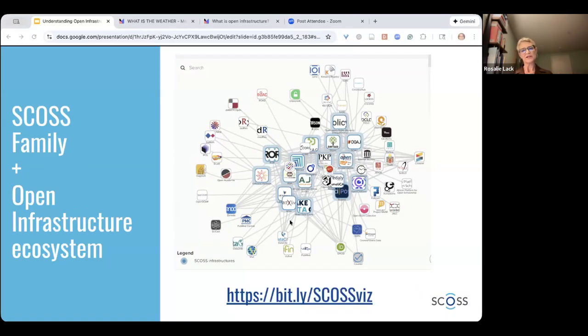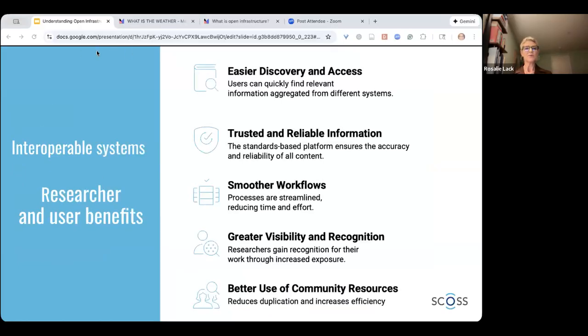They work on different projects or they exchange metadata. So it's a highly interconnected system. Again, because they are open infrastructures, they can be that way and be efficient that way. And that helps provide benefits to the end users. You don't have to know all those systems. You just have to know the ones that you're familiar with, and then you can get through to other systems because they're interconnected with the ones